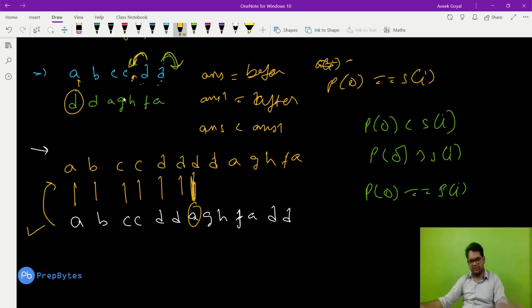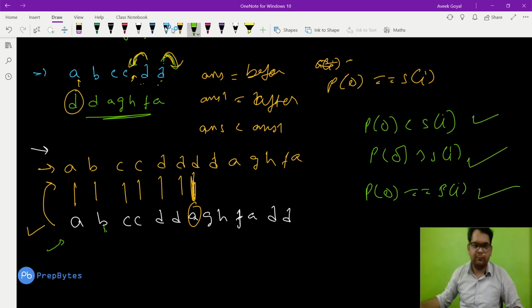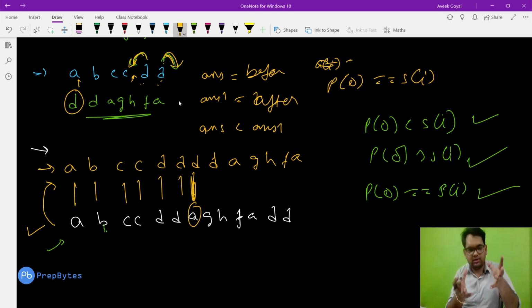Just that we were already doing, just continue that. For that we will get this string as the answer. There is one more step added to get the second string: as soon as we get equal to, we first insert the substring p after c. So now we get two answers and we will just compare them to know which is smaller so that we can print the output. So here we have three total cases: P0 is less than S_i, P0 is greater than S_i, and P0 is equal to S_i. Using these three cases we will get the position of p that we need to insert.